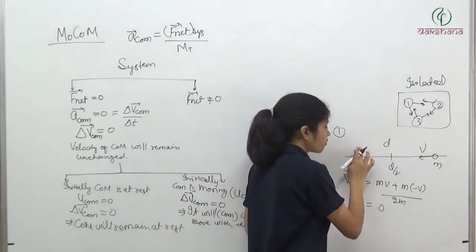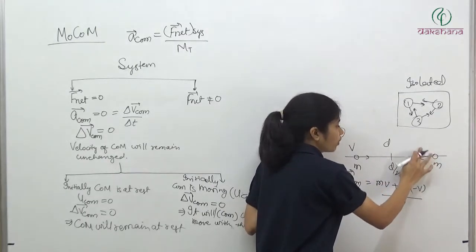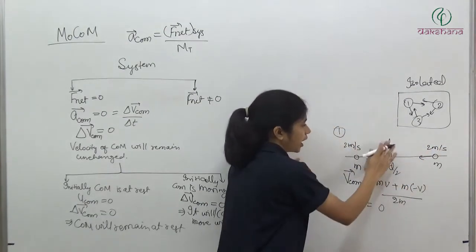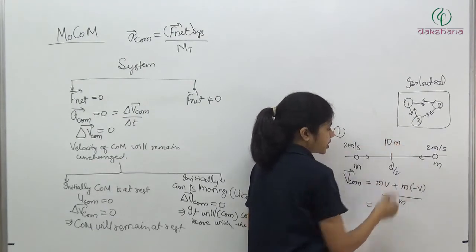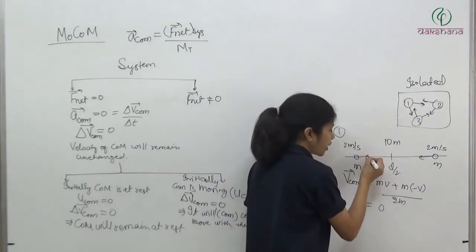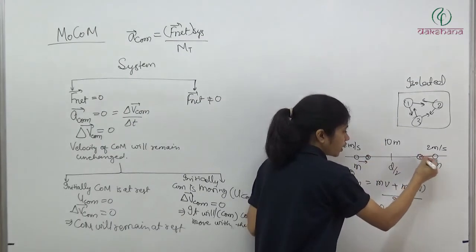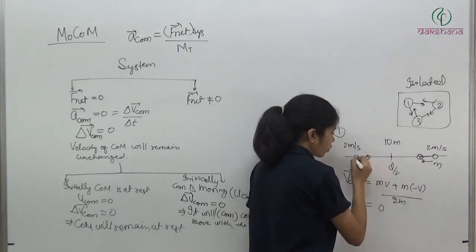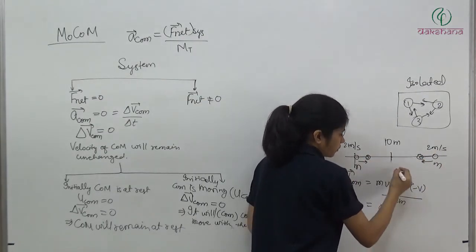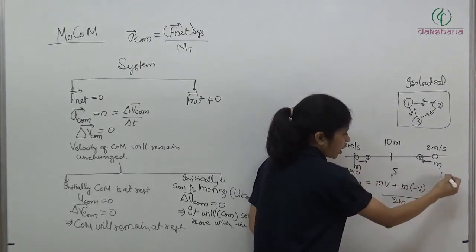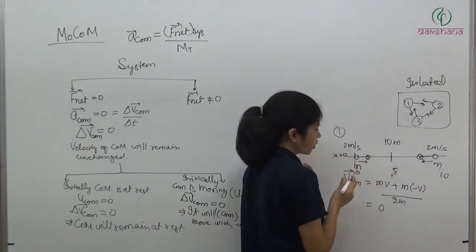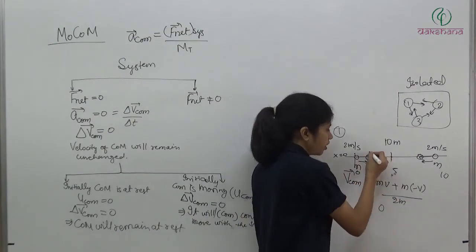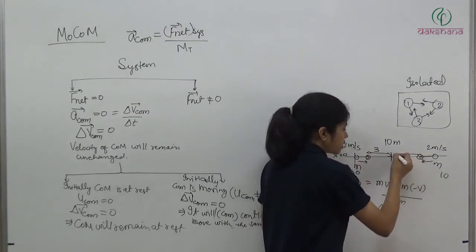So let's observe the situation after 1 second. तो v की जगह इसको हम ले लेते हैं 2 meter per second. And this total distance is 10. Initially it is 10. So after 1 second ये कहाँ पे आ गया? 2 meter इधर चल के आ गया ये, और ये भी 2 meter इधर चल के आ गया. ये 0 है, ये आपका 5 है और ये आपका 10 है, ये आपका x is equal to 0 है. Clear? So initially this distance was 5, this distance was 5. इसने 2 cover किया तो ये कितना बच गया? This distance is now 3 and this distance is now 3.